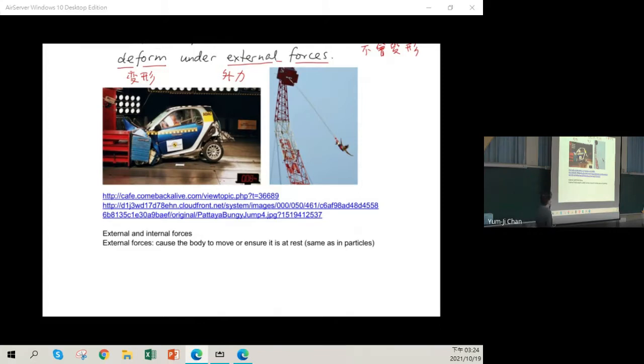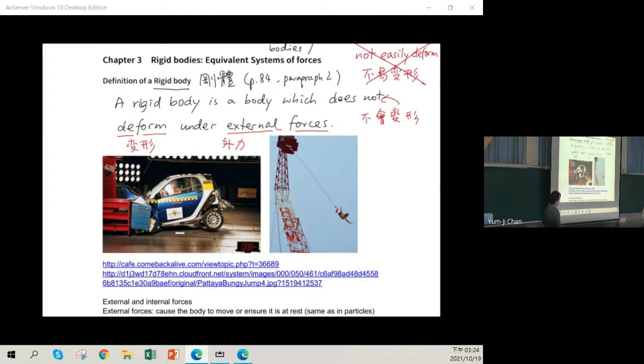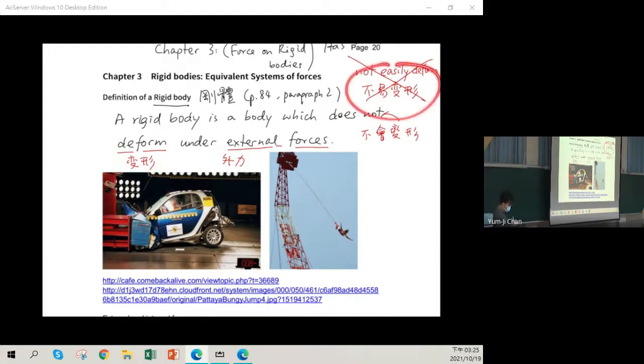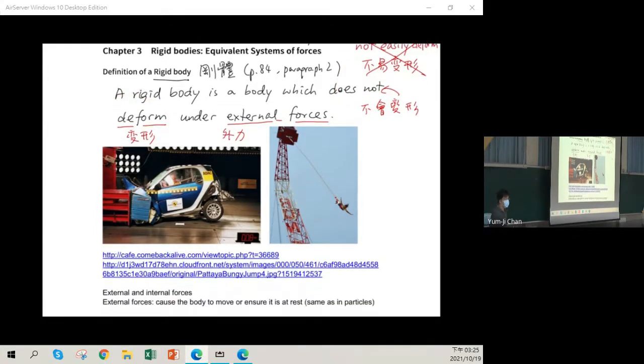So before the break we talked about rigid bodies. Remember, rigid bodies do not deform. They do not easily deform under external forces. For all forces, we